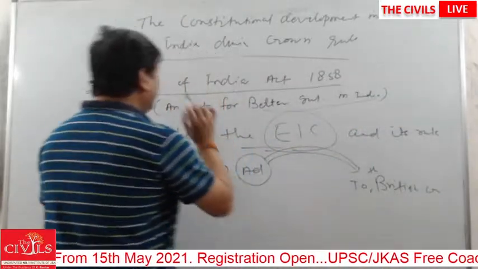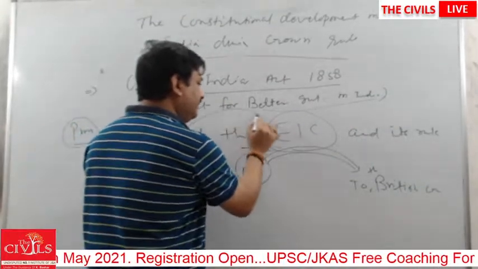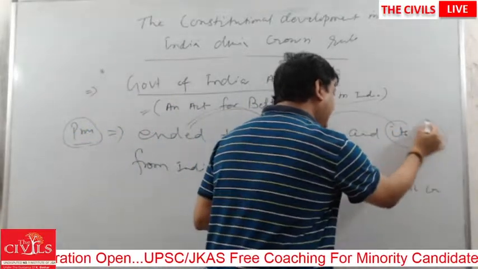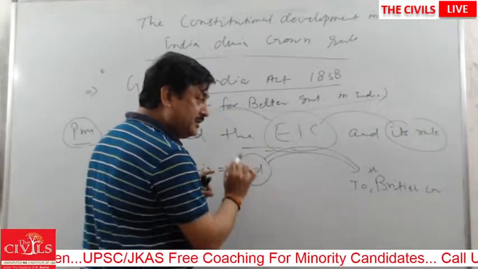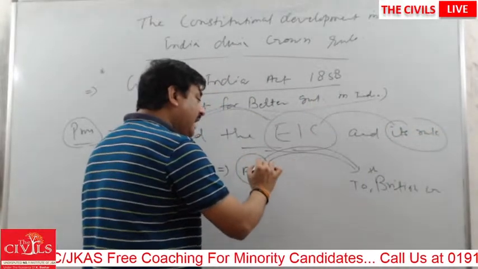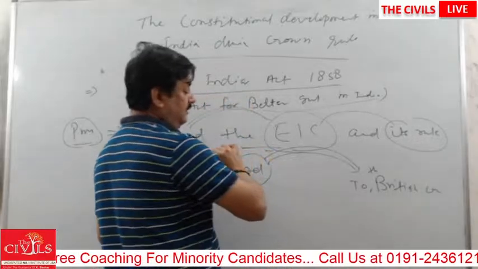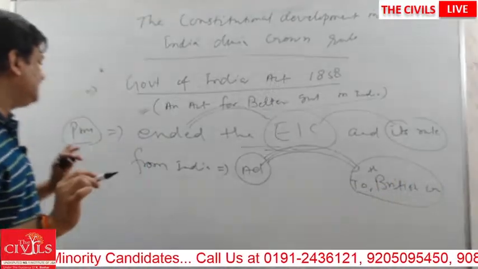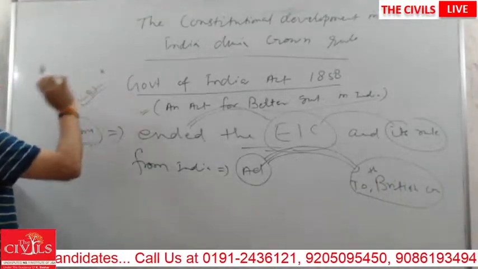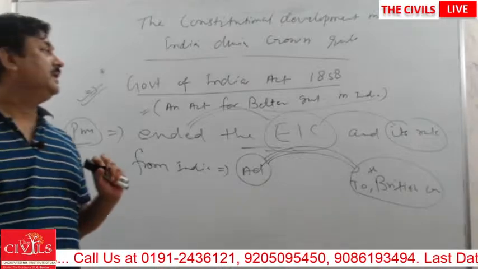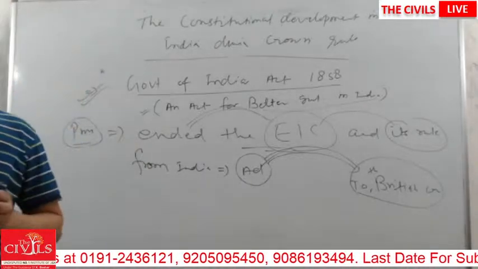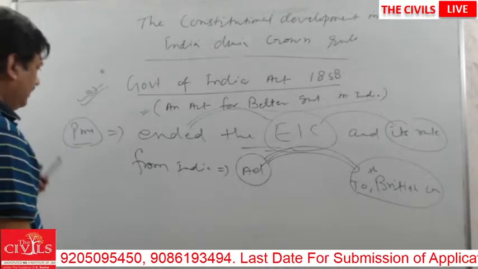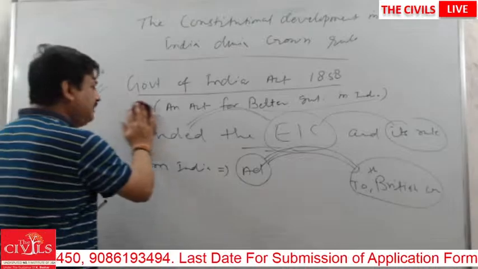So what happened? This act abolished and ended the East India Company and its rule in India, and the entire administration of India was transferred to the British Crown. This was the first and most important provision of the Government of India Act 1858. Okay, now the second provision was